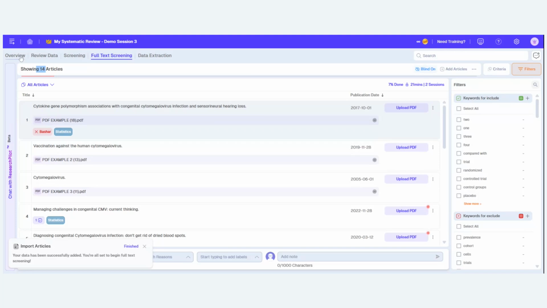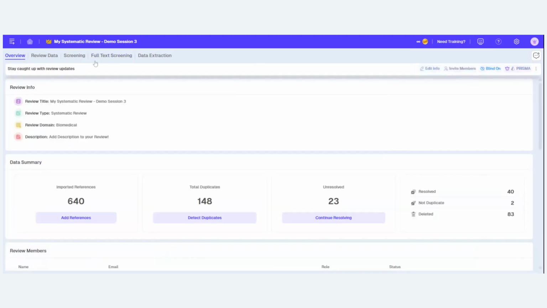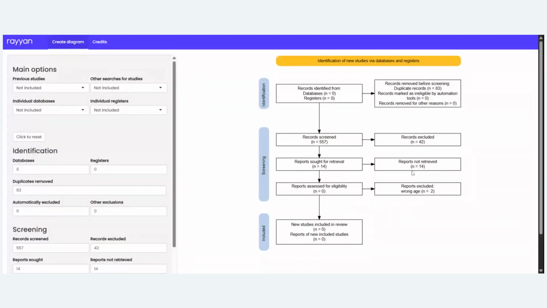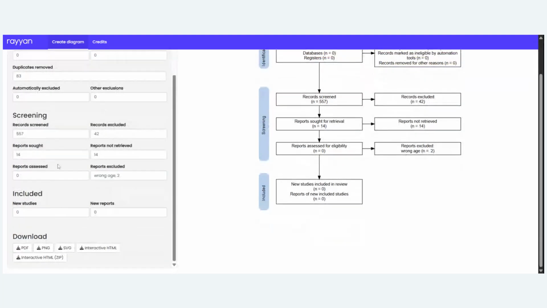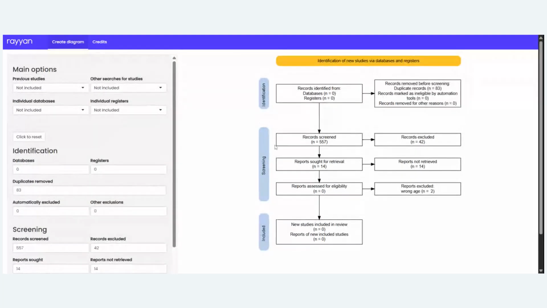Now, lastly, we can go back to overview and extract and create a Prisma flowchart, which is available with a premium subscription. Clicking on it will open Prisma in a different tab. Now, Prisma is semi-automated, as you can see from the results of screening. However, for example, the database where we obtained our references from is not available. At any time, you can simply edit all information regarding your Prisma diagram to match your own,